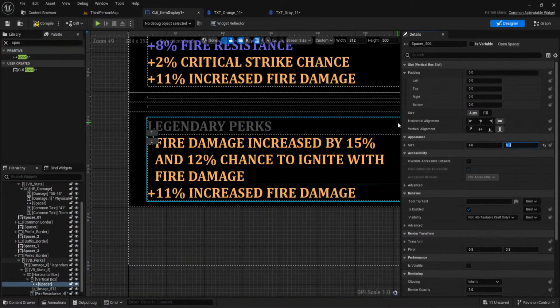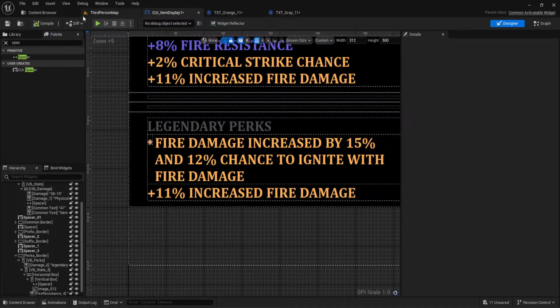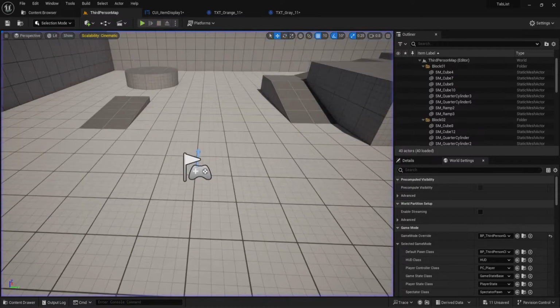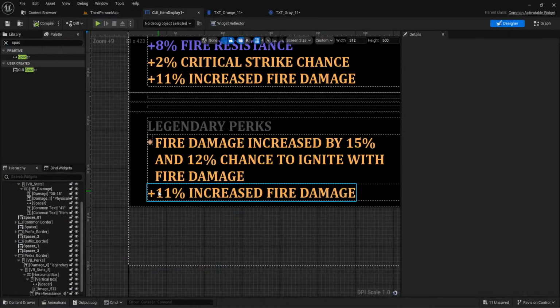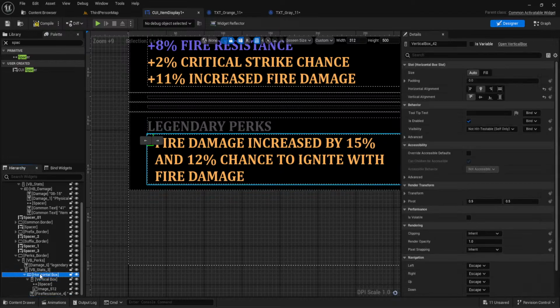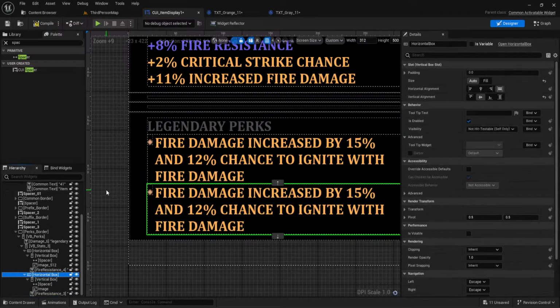I'm actually gonna make this one shorter. Okay. And then I'm gonna delete this, copy, and we'll do